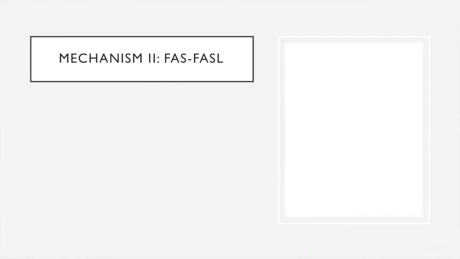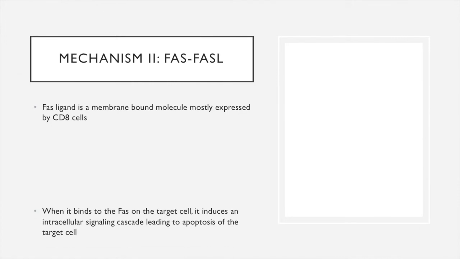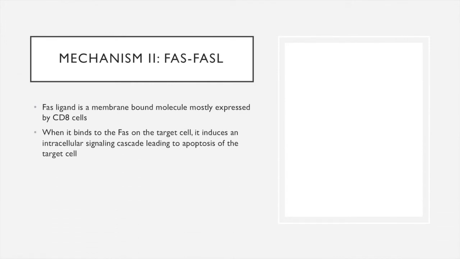The other mechanism CTLs use to target pathogens is through Fas-L. Fas ligand is a membrane-bound molecule which is mostly expressed by CD8-positive T cells. However, some CD4-positive T cells also express this ligand. When it binds to Fas on the target cell, it induces an intracellular signaling cascade which leads to apoptosis of